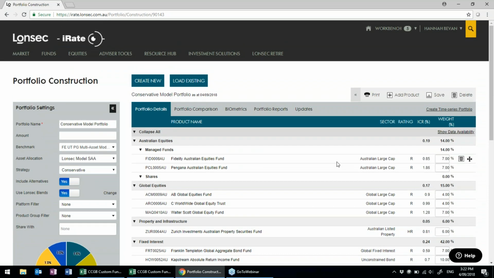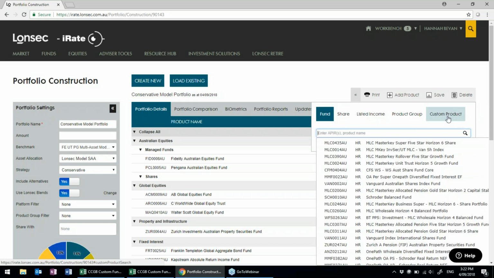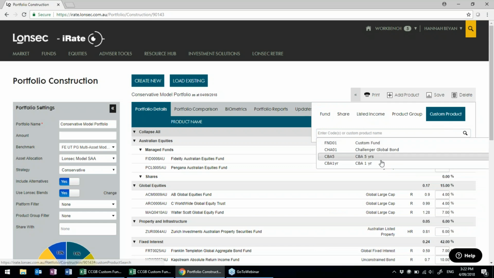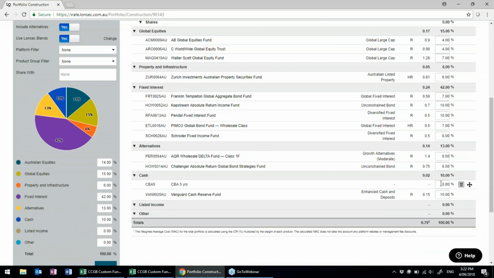So coming back to adding our products, as well as doing it straight from the custom product area, you can now just come to add product on the top. We have a new tab, custom product. Just select on there. I can select the custom product I want to add. So say my 5-year term deposit for CBA, I'm going to add that one in. It's sitting down here, and I'm just going to change my weights, my cash amounts. So I have a cash value, say, for my term deposit, which is now 7%. Reduce our Vanguard cash reserve down to